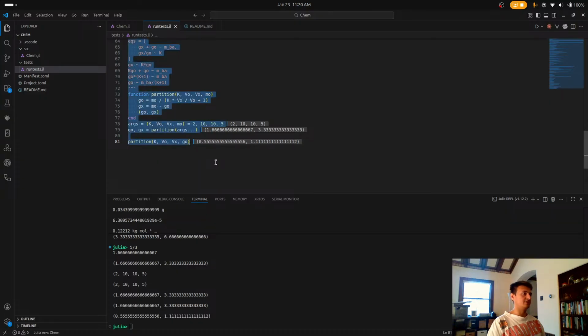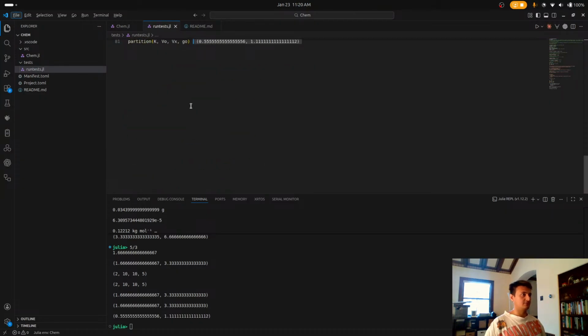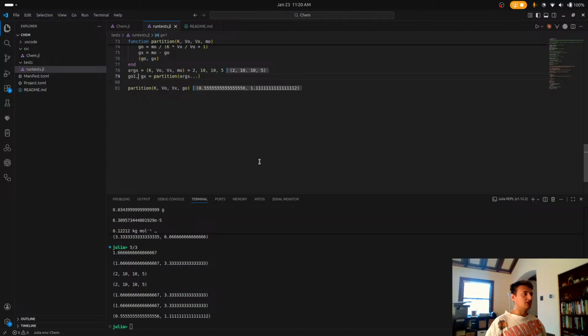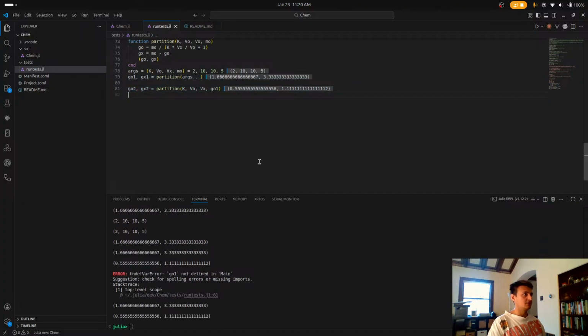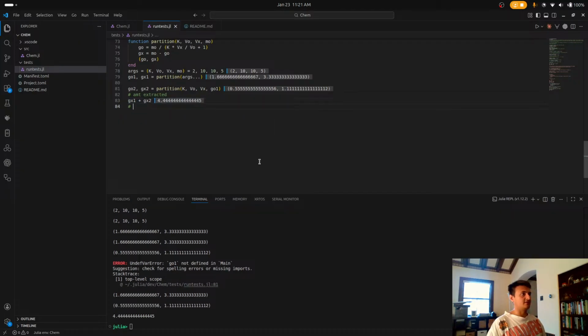And then we do this, so this is gonna be GO1, GX1, GO2, GX2. Okay, then the partial, or the amount extracted, GX1 plus GX2. And then the fraction is gonna be